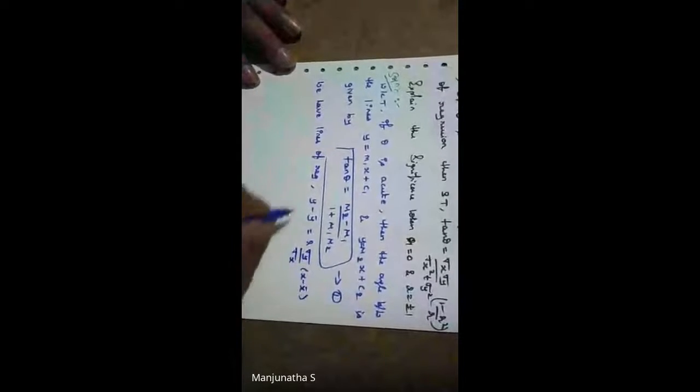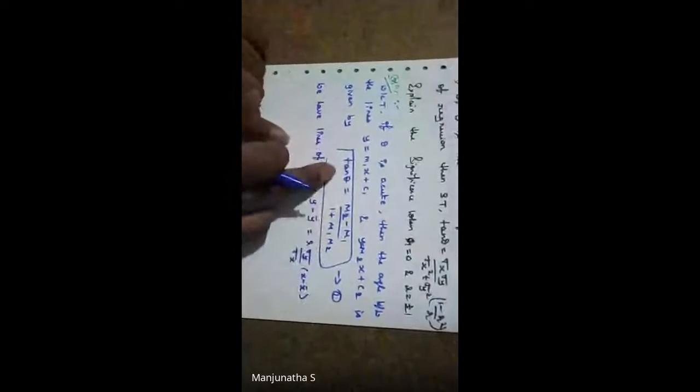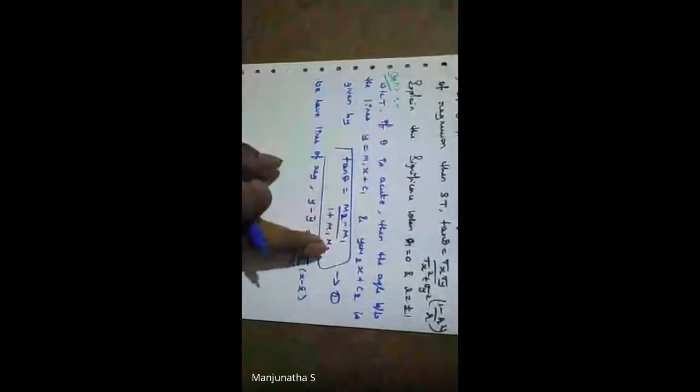We have lines of regression: y minus y bar is equal to r into sigma y by sigma x into (x minus x bar). And you know y minus y bar is nothing but capital Y, and x minus x bar is nothing but capital X. So we all know what we need to do. Here also tan theta is there, here also tan theta is there. The RHS part we need to simplify. In the RHS part we have m1 and m2, so everything in terms of m1 and m2.